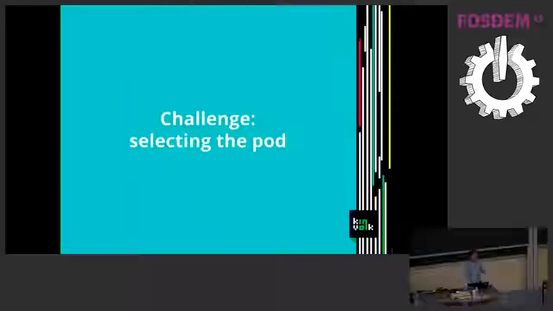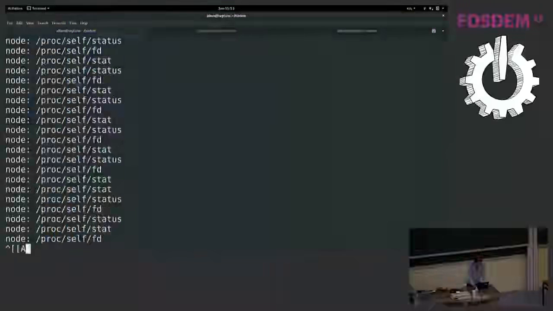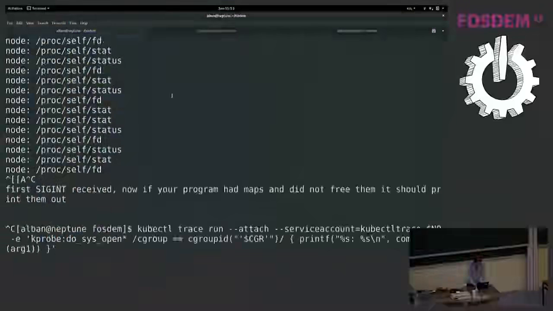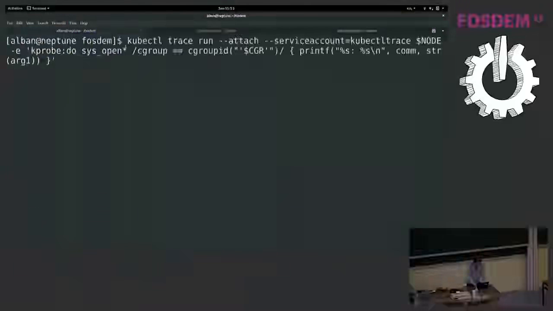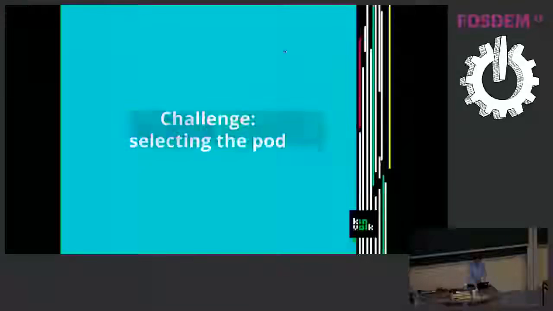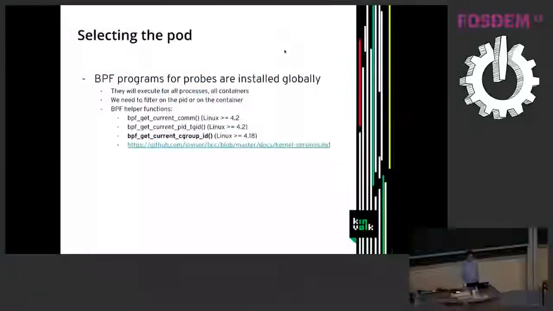When preparing this demo, my biggest challenge was how to do this filter here. So if I show again, how do I do this filter? This was not implemented at the beginning, and I implemented that in bpftrace and in kubectl trace. So, to select the pod,